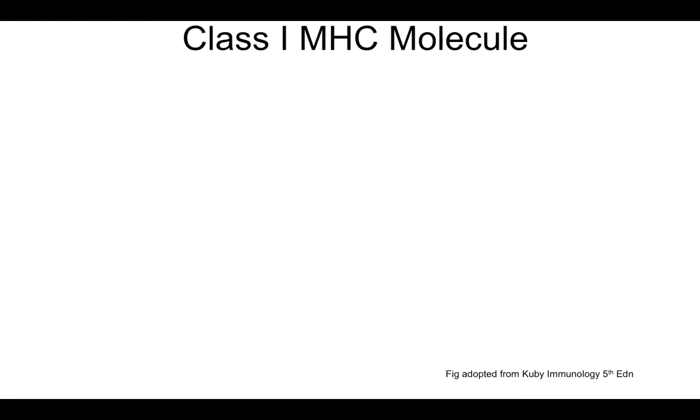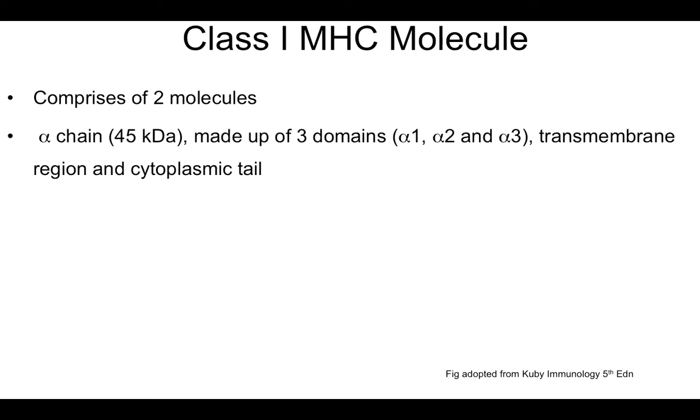We will be studying the class 1 MHC molecule. The class 1 MHC molecule is made up of two different molecules, or two different subunits, mainly the alpha chain and the beta 2 microglobulin. The alpha chain is a 45 kilodalton chain that is made up of three domains, alpha 1, alpha 2 and